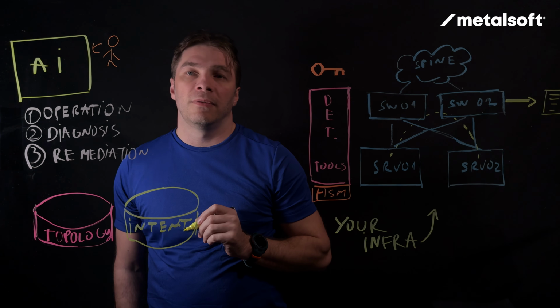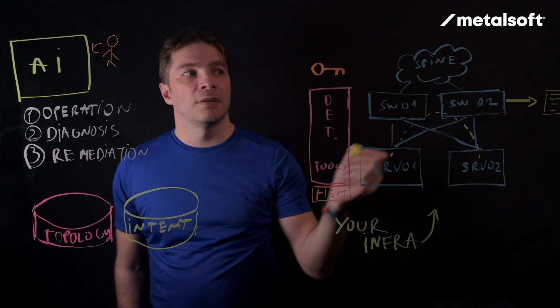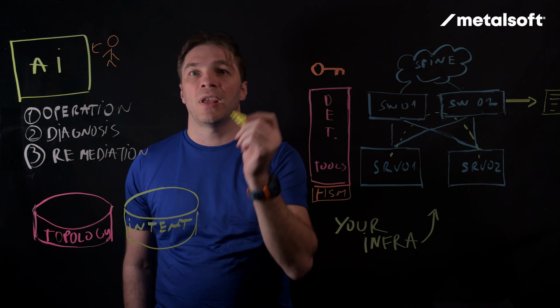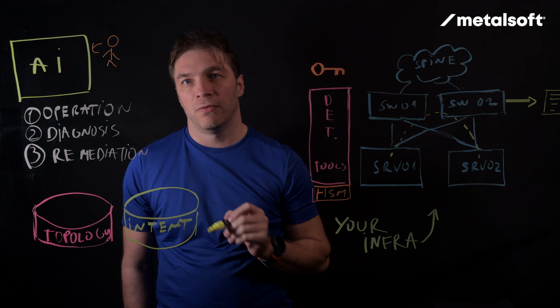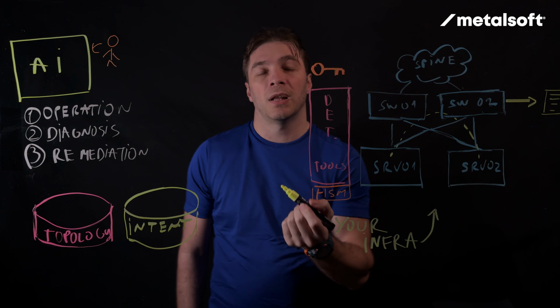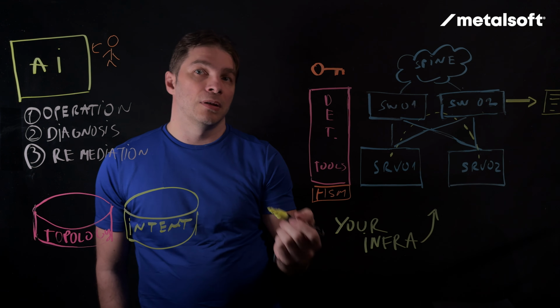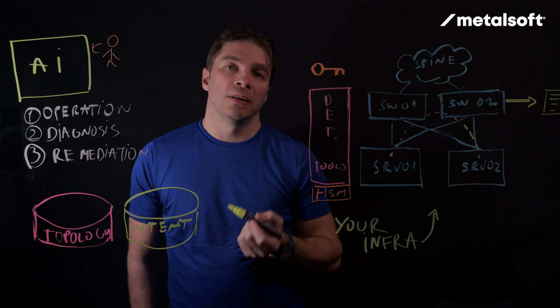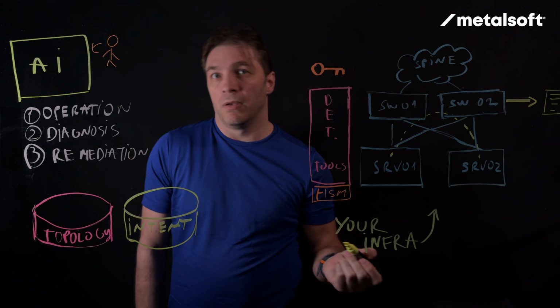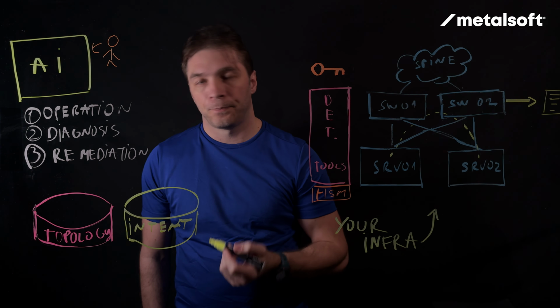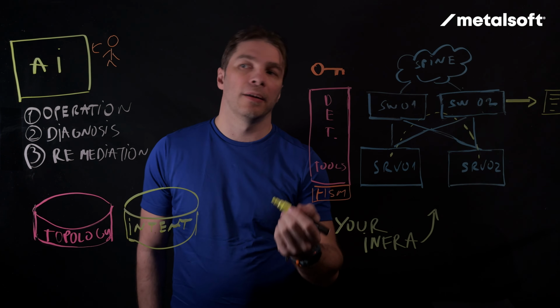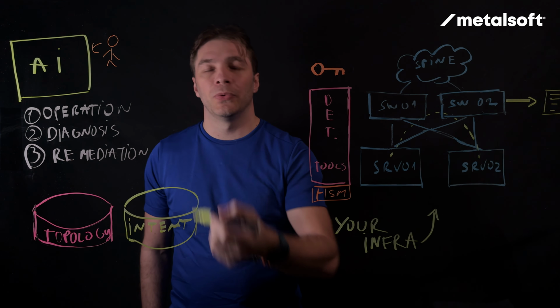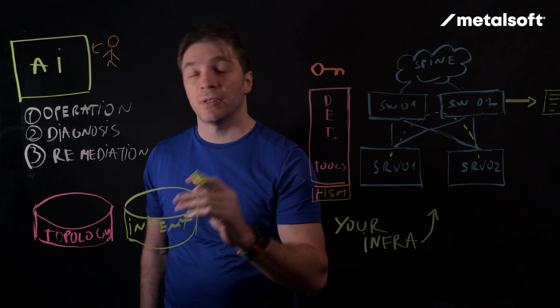The AI analyzes the event and says, oh, okay, there's a BGP session that's down. The switch name is this. I'm going to look up in the topology information where that switch is connected to, what its neighbors are, and what the intent is related to the respective BGP session. Should it be up, even, and if so, where? And so it can actually do initial troubleshooting, and a proper diagnosis can identify what the